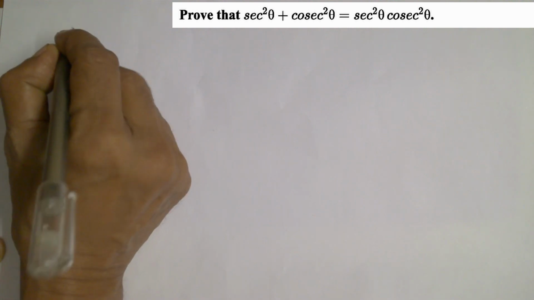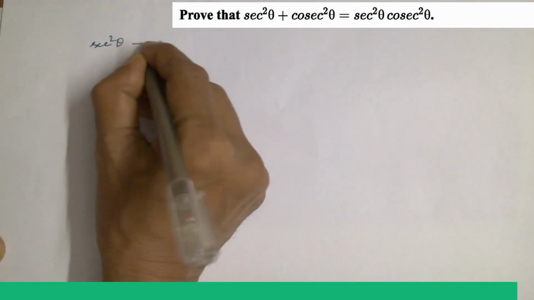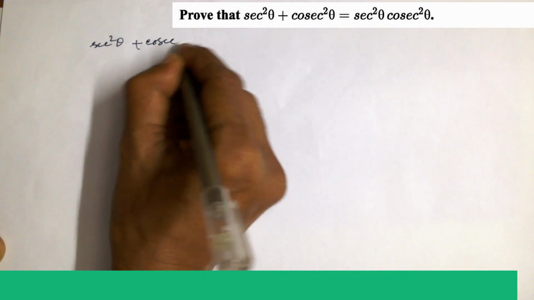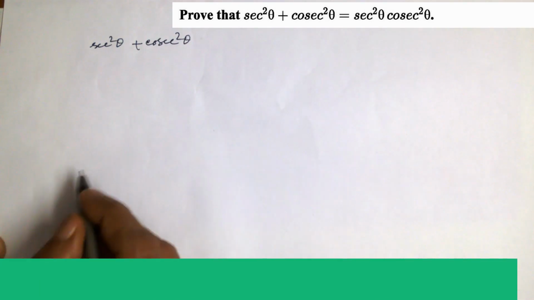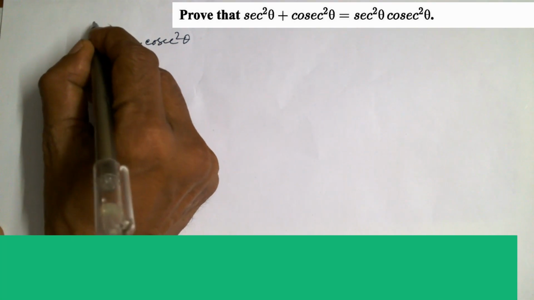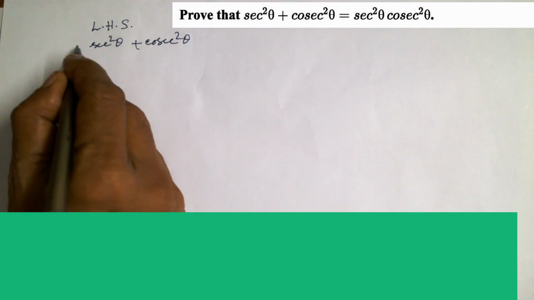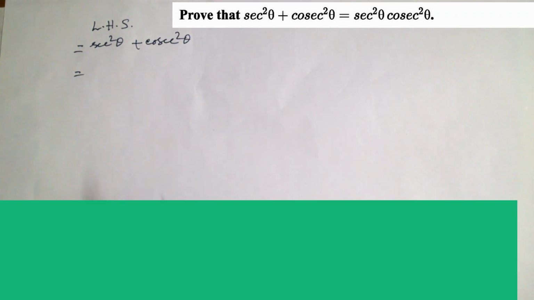Left hand side is equal to sec square theta plus cosec square theta. This is what left hand side. That is equal to,